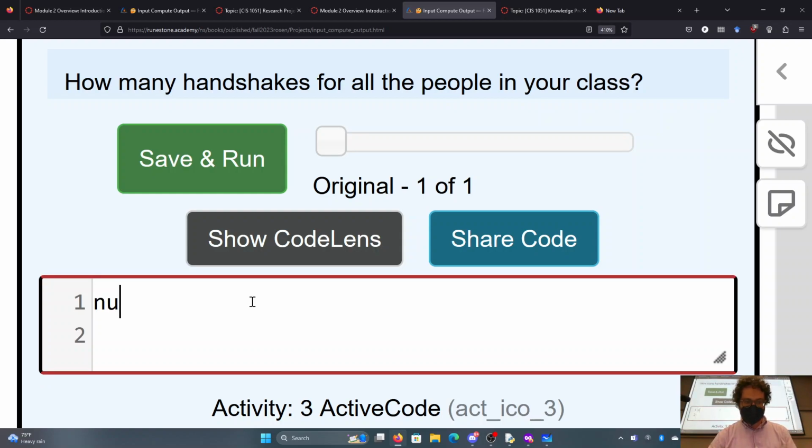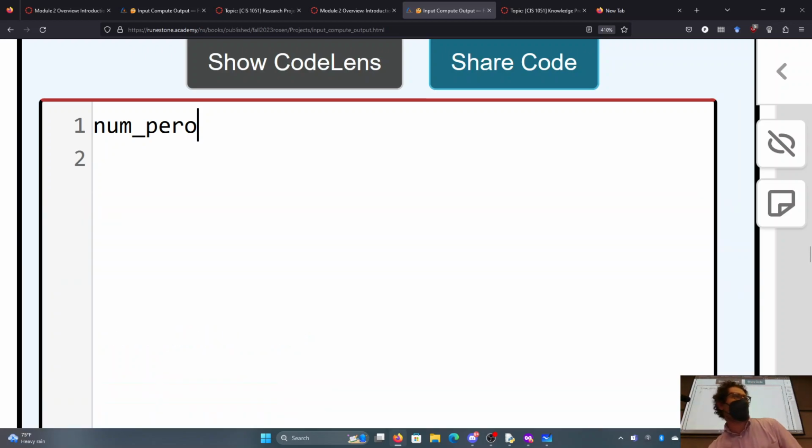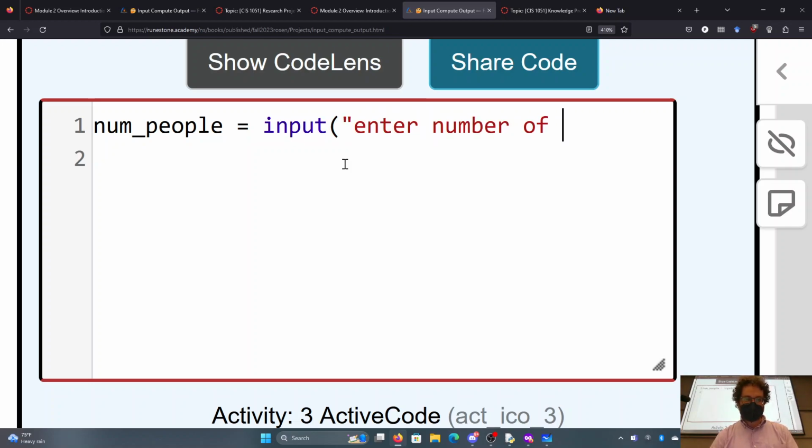Okay, num people, and let me go ahead and make this bigger. You can make these windows bigger, by the way, by just clicking this corner and dragging as much as you want. Okay? Now, num people, I swear I passed 4th grade. I know how to spell. Okay? Num people is equal to input, enter number of people,